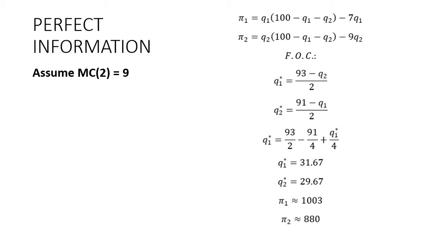Again, I discussed it, but as you probably remember, for the first firm, the only variable under its control is q1. q2 will be treated as some exogenous constraint. So that's why we can optimize pi1 only with respect to q1. Analogously, we can only optimize pi2 with respect to q2. So after we do this, we can derive best response functions from expressions obtained after applying first order condition.